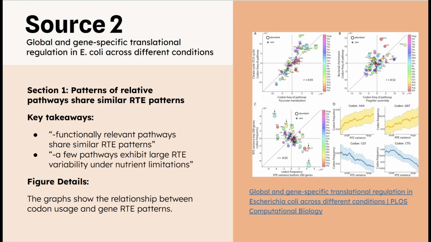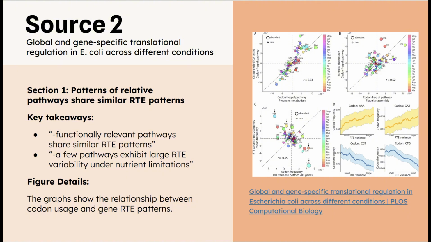Next, global and gene-specific translation regulation in E. coli across different conditions was by D. Jengs et al. and was published in PLOS Computational Biology. The article mainly concerns itself with the discrepancy between mRNA levels and protein levels and investigates the effect of various conditions on these levels. The first section I found useful was patterns of relative translation efficiency associated with codon usage,